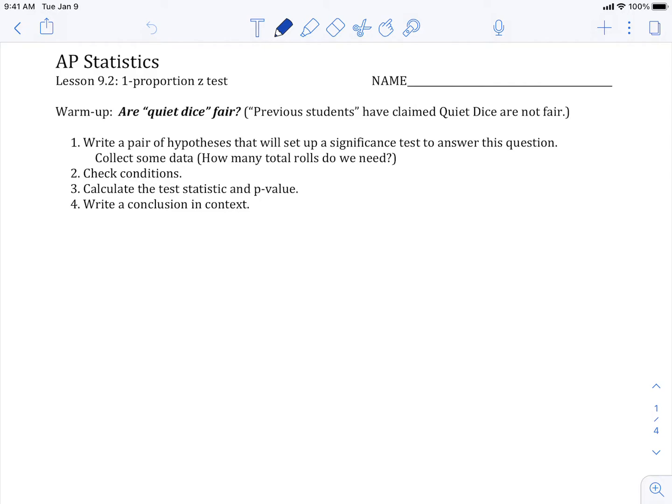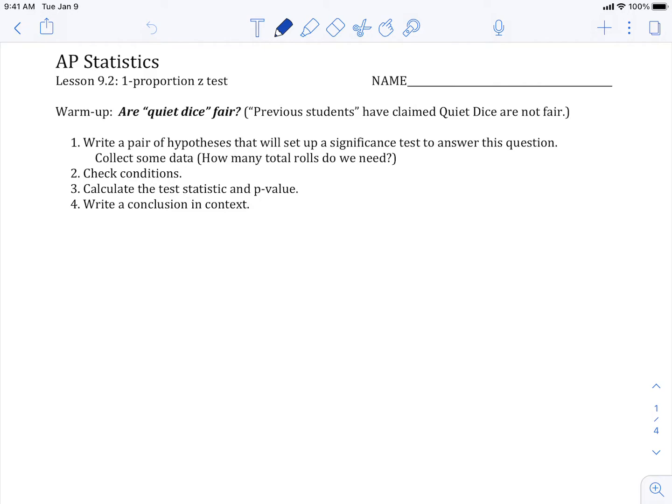Okay, students, this is Mr. Ferris, and I'm going to walk through Lesson 9.2. This is the lesson where we learn all the official steps of a one-proportion z-test, which just happens to be the first hypothesis test that we have conducted, top to finish, with all the steps, all the things you need to get points on the AP exam, and which is basically all the things you need to have a complete